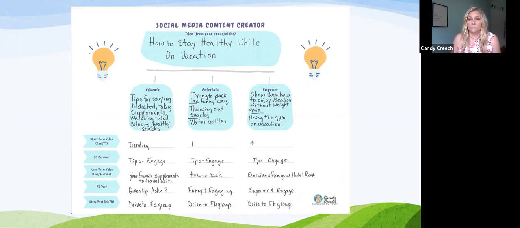You can share if you sell health and wellness products. Obviously you do, if this is what you're doing, then you want to say, hey, these are my top 3 supplements. These are my top 3 things to add to water to stay hydrated. These are travel packets of things that we sell that you can use to continue to take your products while on vacation. You put all those kinds of things in your story.